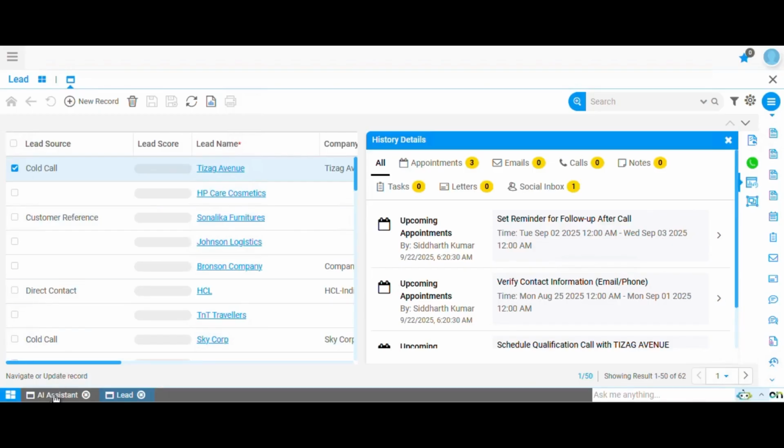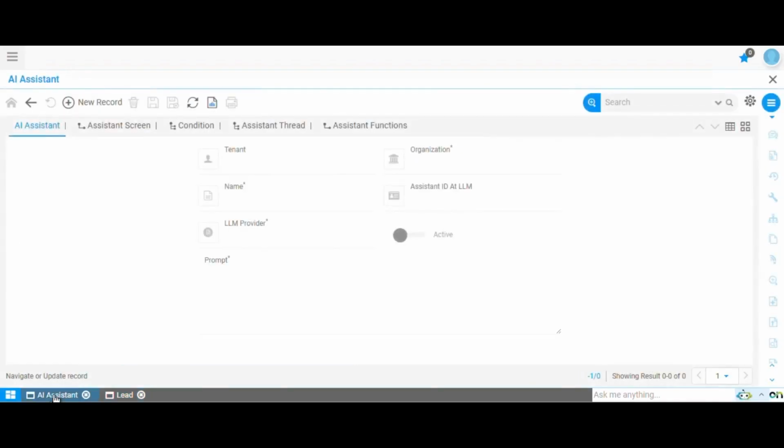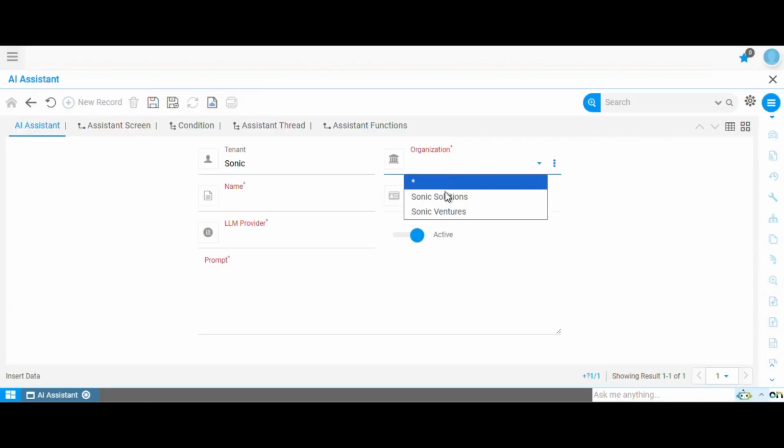Let me move back to my Assistant screen. In the Assistant screen, when I click on a new record, we have this organization. We can configure the assistants organization-wise. The basic scenario is that if we have configured an assistant in the star organization for this tenant, then this assistant is applicable for all the organizations if the particular record where we are sitting right now does not exist